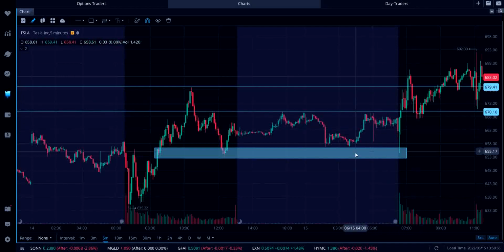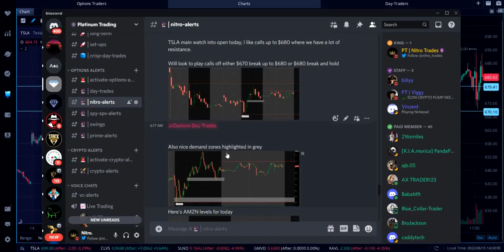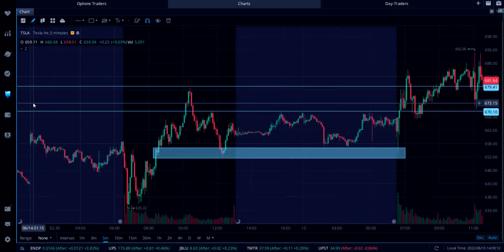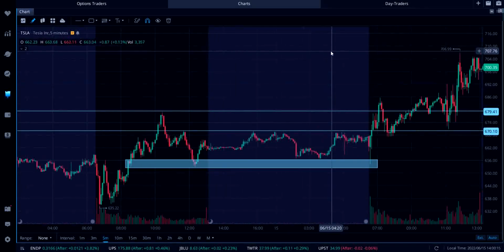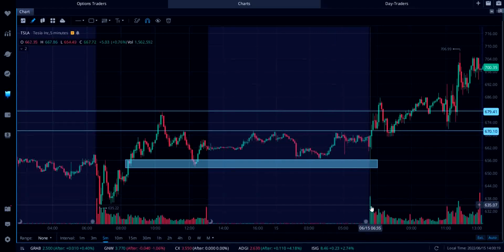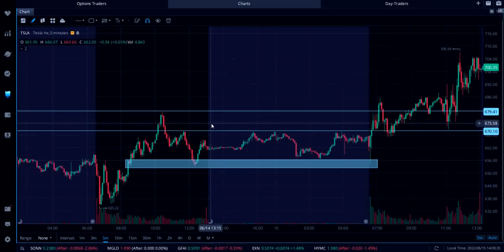Okay, so we can see again, I listed this in the pre-market notes where I said we'll look to play calls off either the 670 break and then up to 680, or we'll look to play calls off the 680 break and hold. So we played both of those, and they worked out fairly well. That 670 breakout happened with volume. As we can see, there's a lot of volume coming in with that as well. The flow was also getting a lot of calls in. And then we get that push up to